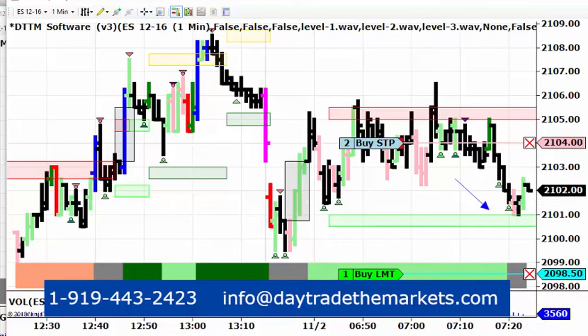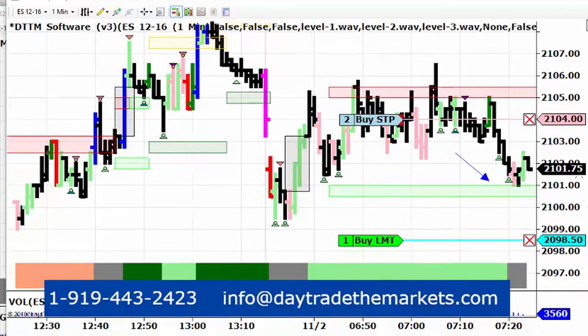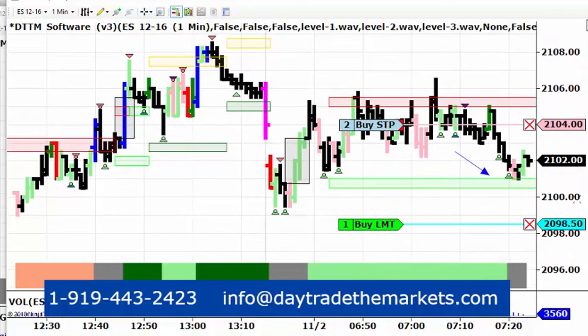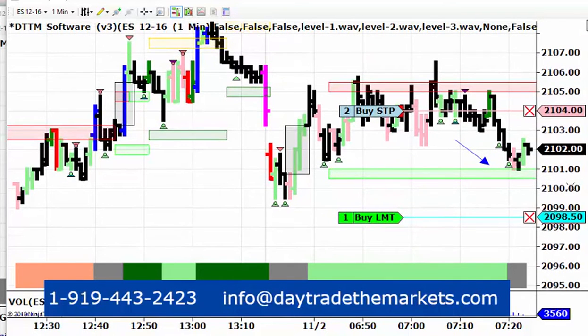I know I put this buy limit down here at 98. So we just got the two contracts on here. So I think for now I'll just go ahead and leave that in there. We've got a break-even stop. The other option, just to be clear on it, is